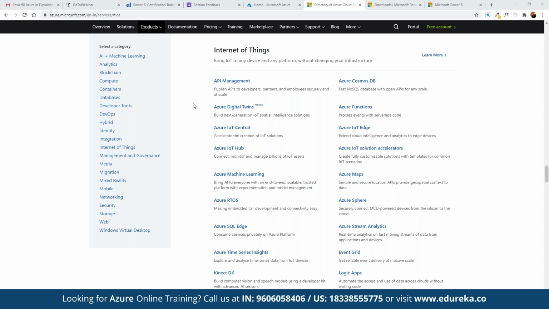So for signing up on the Azure platform, we can click on the link which says free account on the Azure website. And there we have to sign up just like we sign up for any other website, where we can specify the account details. And just like we need to have an active payment method for Netflix and Prime Video, we also need an active payment method for signing up on Azure.